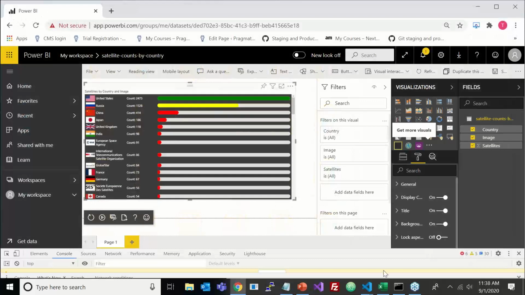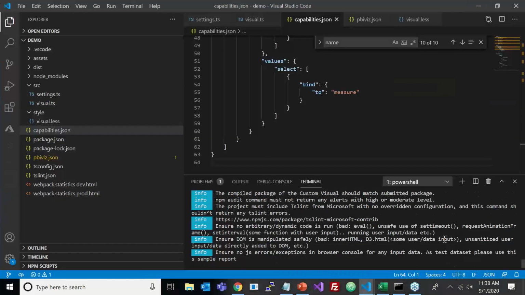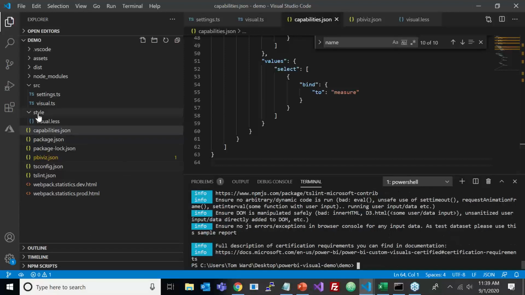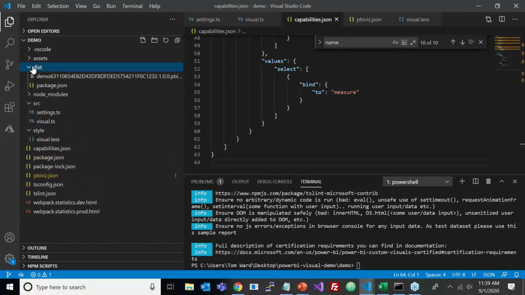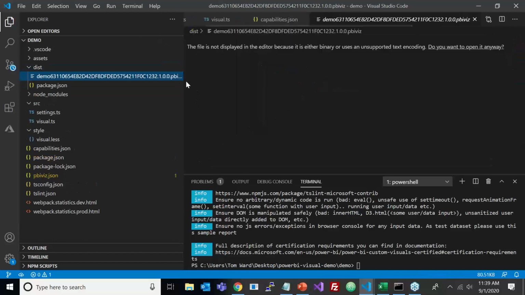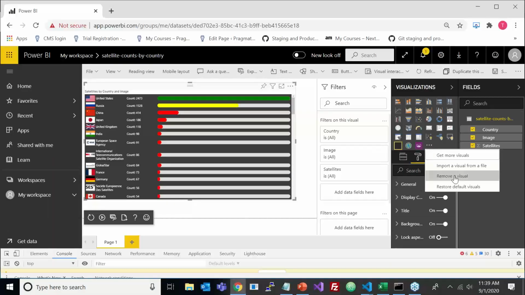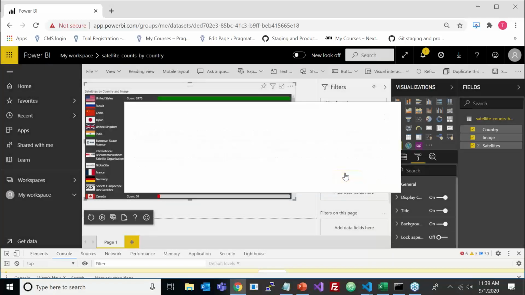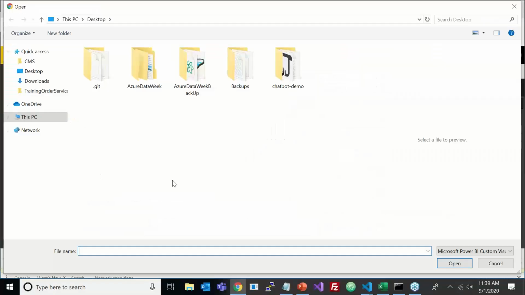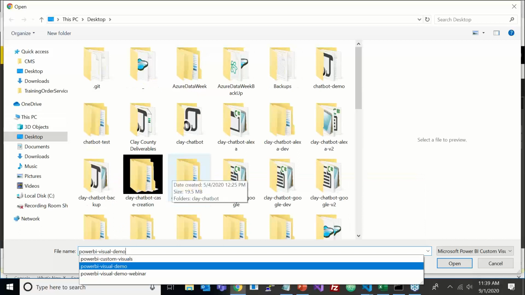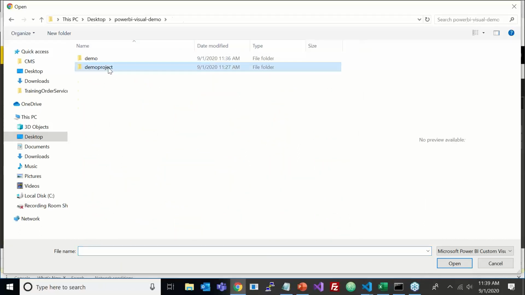Sorry, it's tracked on that file. I haven't looked at this one in a while. Okay, and here it is. It's under our gist folder. I've just forgotten that it would be under our gist. So we'll go back into our Power BI custom visual here, and we'll import this from our gist folder. That's where it is. Power BI Visual Demo project, and under gist,